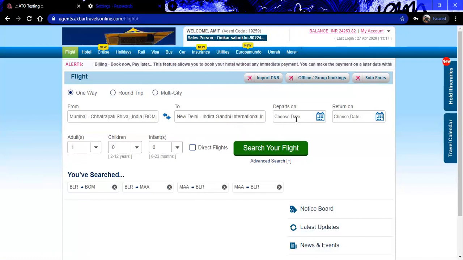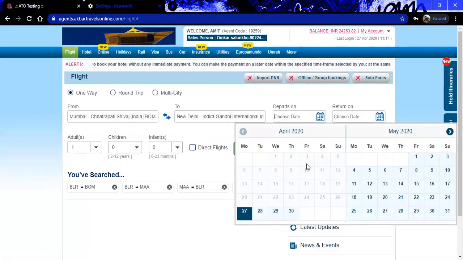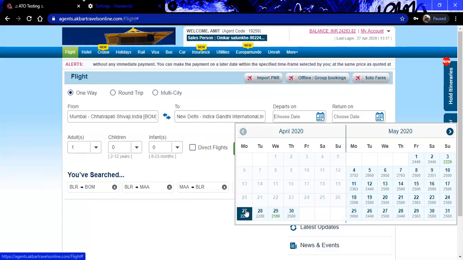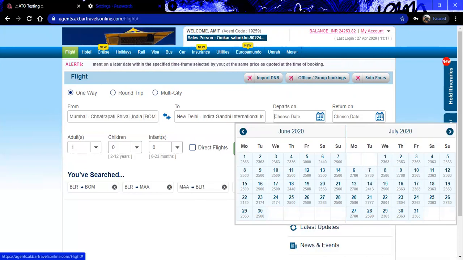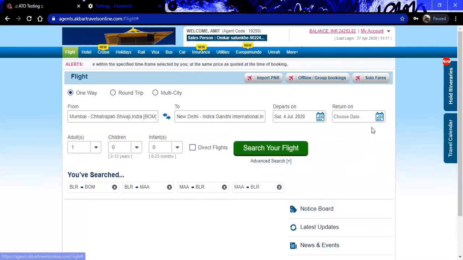Going on to the next, departs on. This is a calendar for the onward journey. You can click on the desired dates which you require and go for a search.